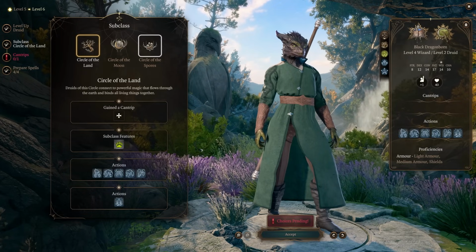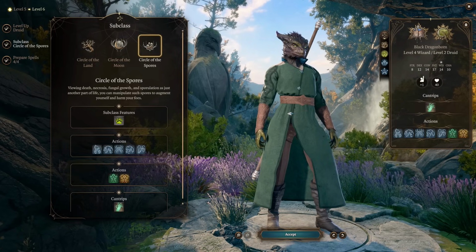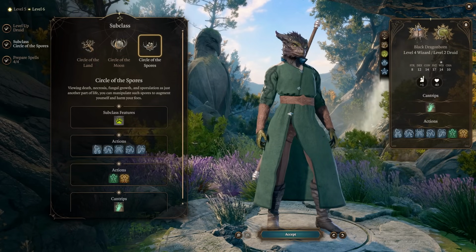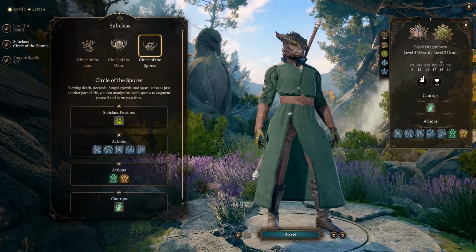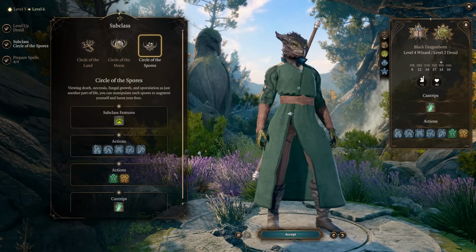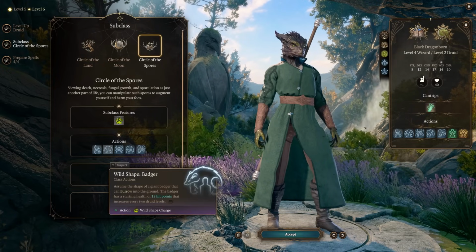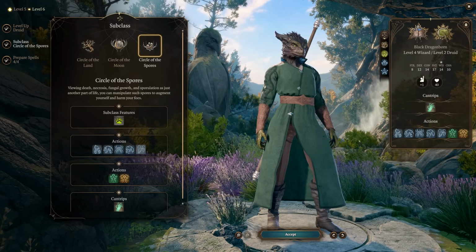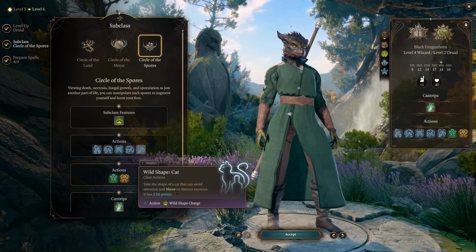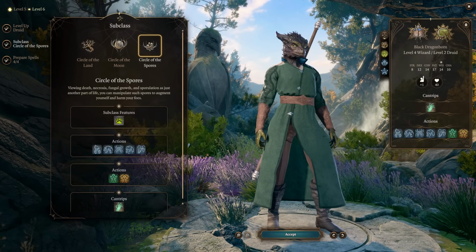So on level 6 we get our druid subclass, and we are taking the Circle of Spores. Druids also get access to the wild shape feature on this level, giving them a variety of forms they can transform into. These of course cost a wild shape charge, which we have 2 of at this level. These forms for us are the badger, cat, spider and wolf forms, gaining various advantages depending on the form. These will seldom be used for us outside of exploring though, since we want our wild shape charges for our